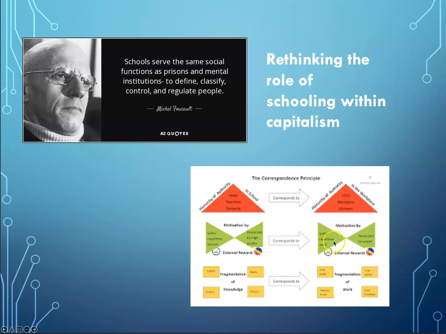So what they were critiqued for was the lack of agency, that children coming in have no agency. It was really kind of like a sausage machine. You put the child in, and out will pop the worker who will be prepared for the place that child is meant to occupy. And of course, that's not fully how it happens. Is it in some ways how it happens? Yes, it is. So it's an interesting way of thinking about it, but it's a dark way, and it's one that doesn't reflect everything that happens in schools.